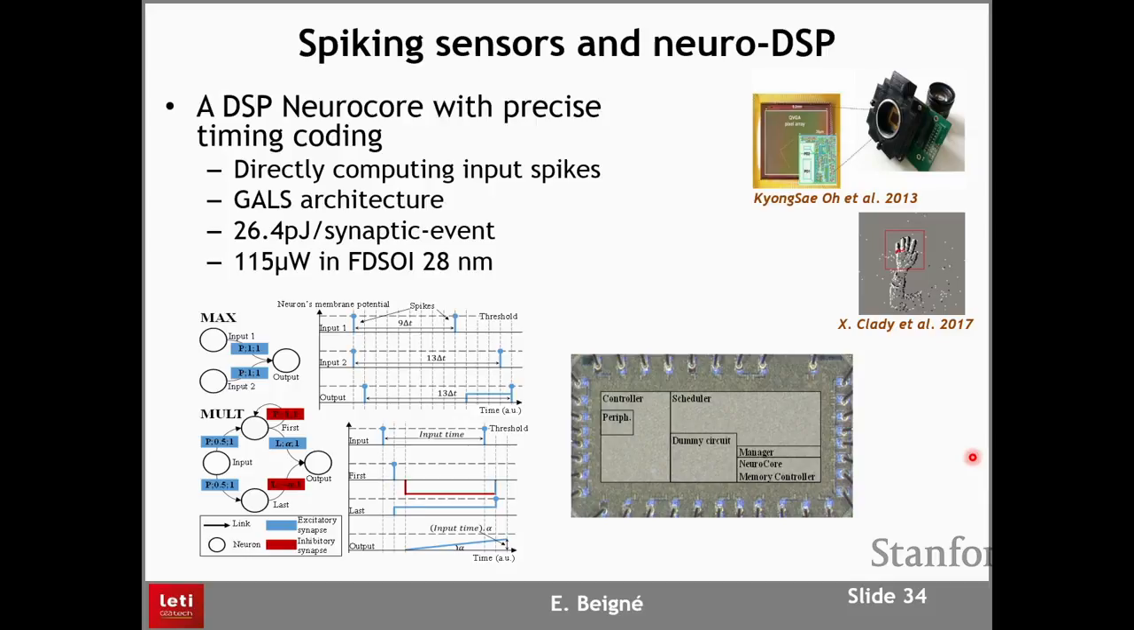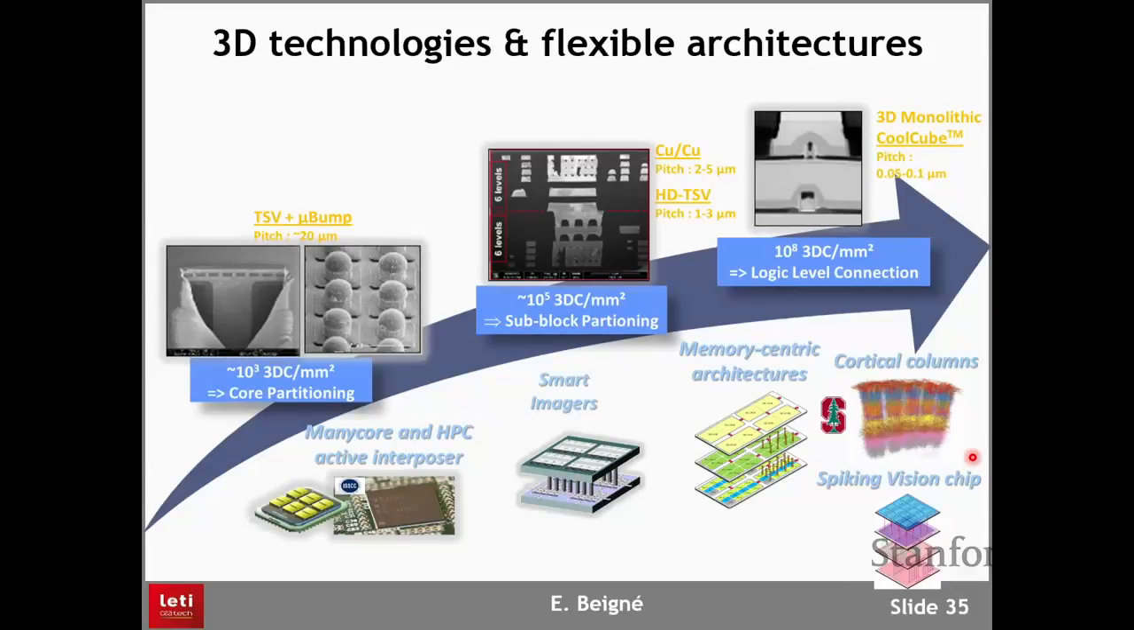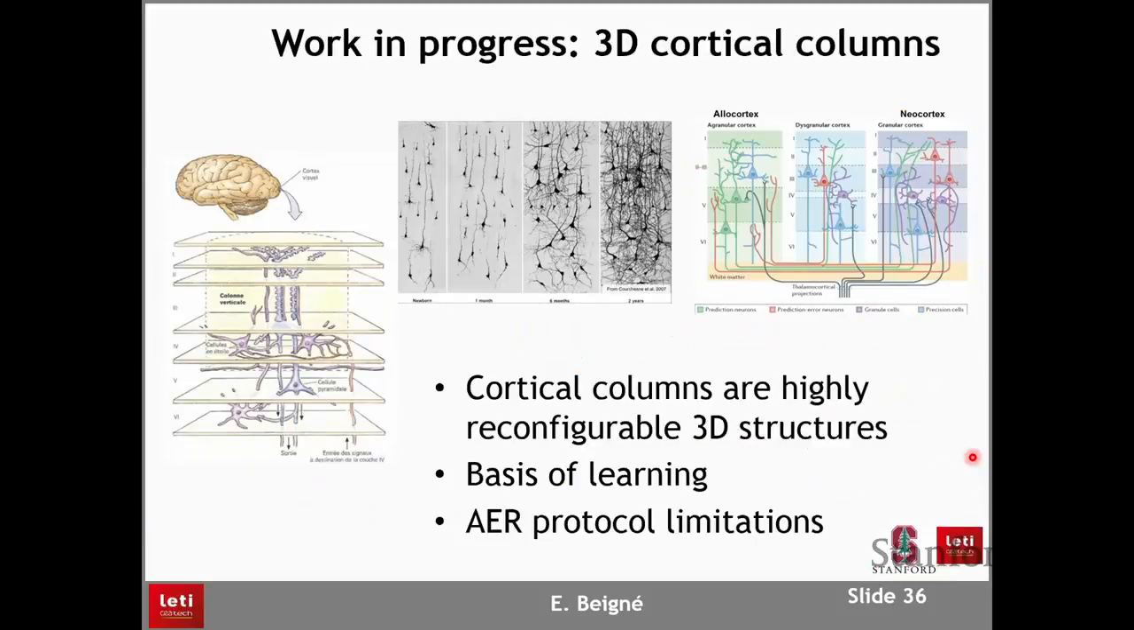Okay, so now, if we move more to the future, I will just show you two works in progress just to show you the objective and what we are targeting, and it will be the end of my talk. So first, we try to work on 3D cortical columns. We have not started yet, really, but we'll start with a Stanford student and some people working at Leti. So the idea here is if you look at the cortical columns in the cortex,